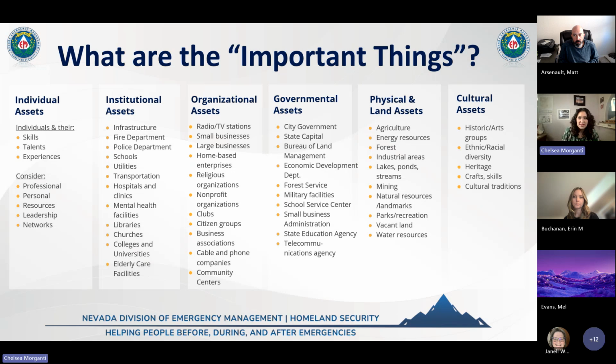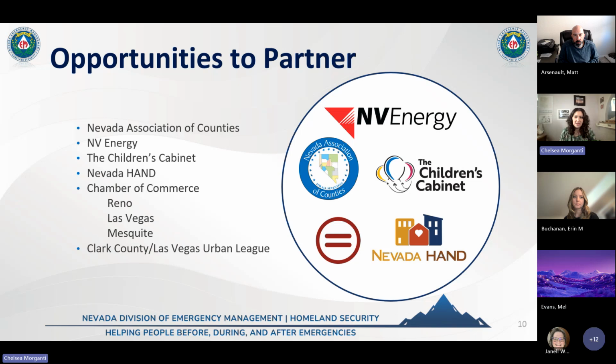Included in this planning process and included in identifying where your gaps and needs are, you also might want to consider your opportunities for partners. We're not operating in a vacuum. Sometimes these partners exist within your communities. Sometimes they exist within neighboring communities. And here is just a quick snapshot of a variety of entities that may or may not be an opportunity for you to leverage partnerships, for you to access people with different skill sets than you, people who have goals that can align with you,